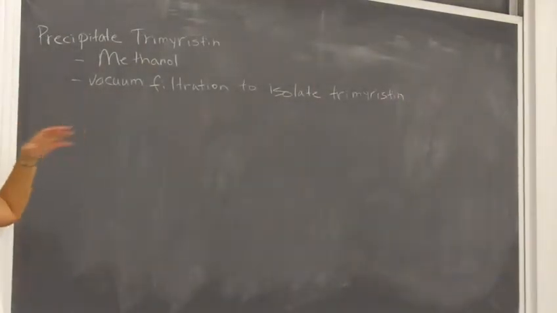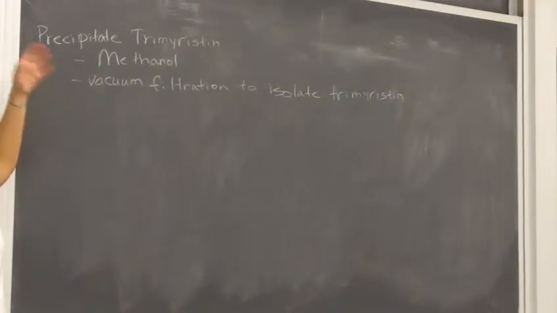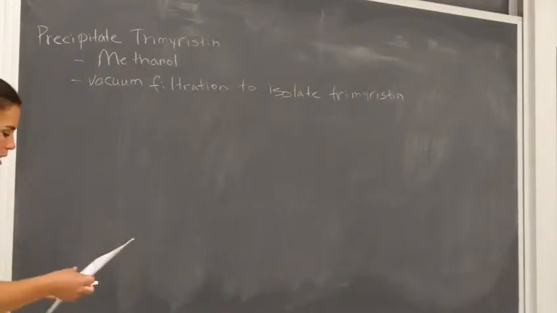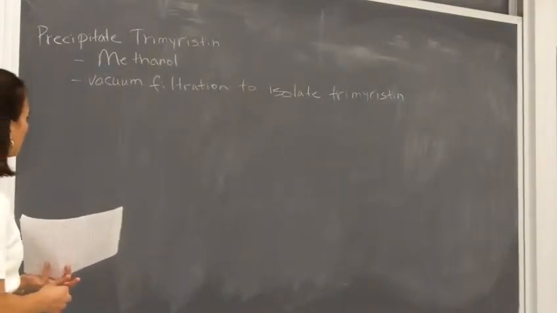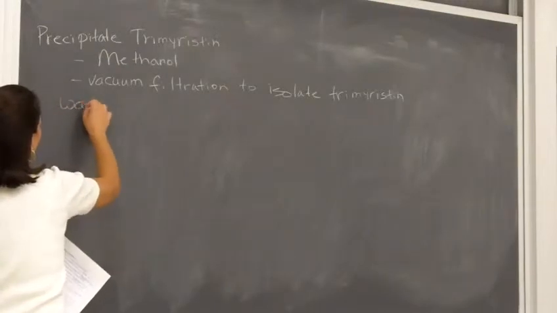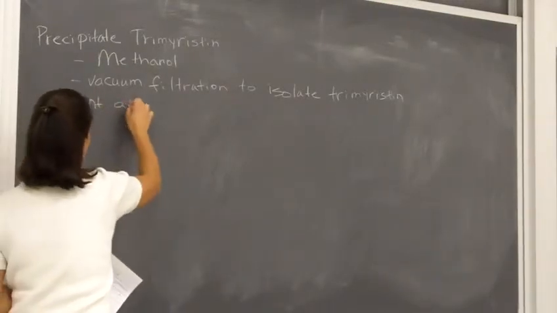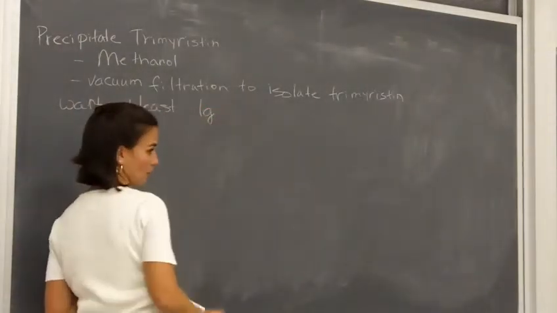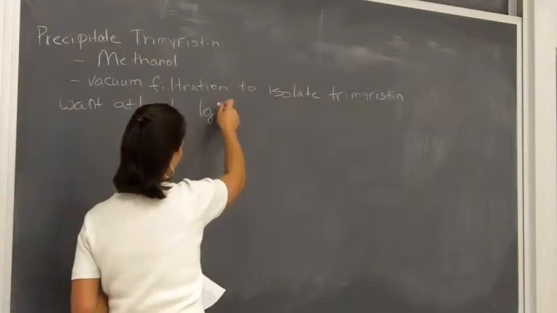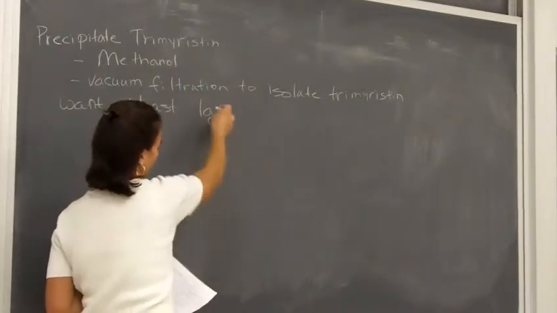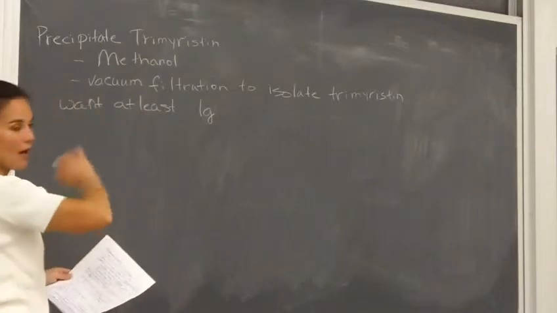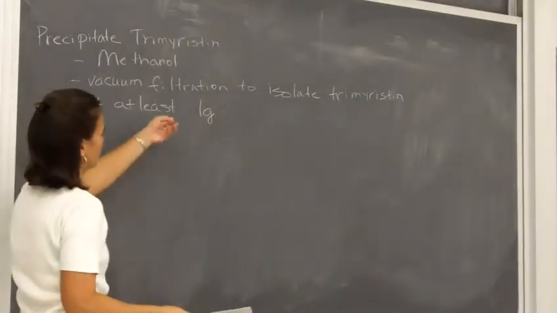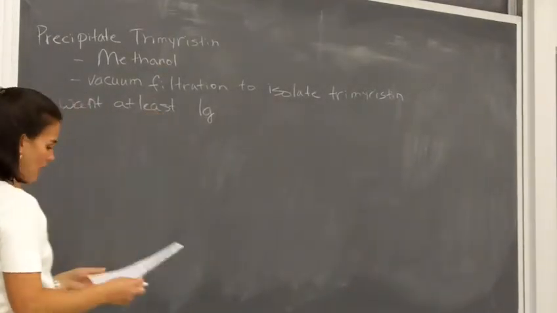And so make sure you've got a good seal on the vacuum to make sure your solid doesn't run through. You want to collect as much of this solid as possible, okay? And what you want is at least 1 gram to go on, okay? So we're going to even hang on to a little bit of this in a minute. I'll explain why. But you want to go on to making your myristic acid with at least 1 gram of trimyristin. So if you don't have that after that filtration, make sure you talk to your lab prof about that,